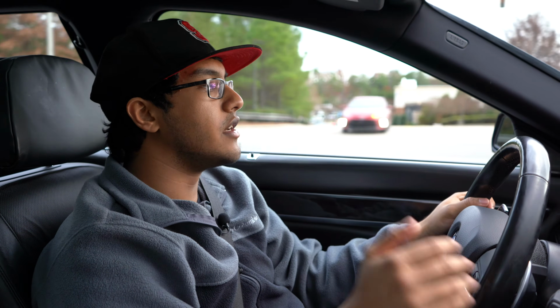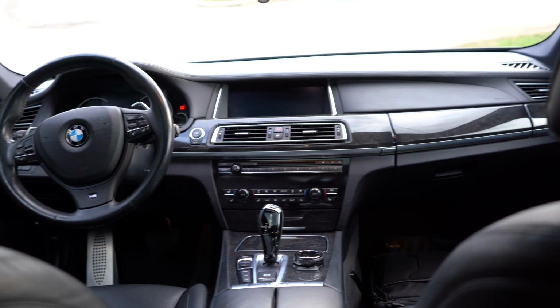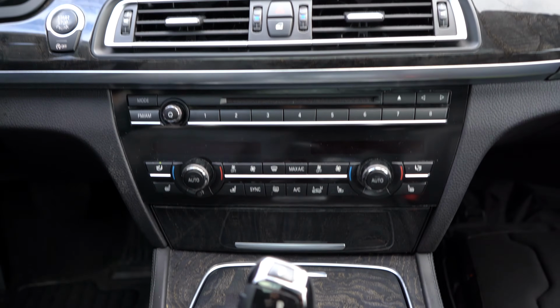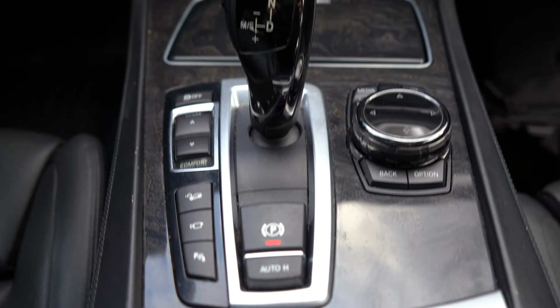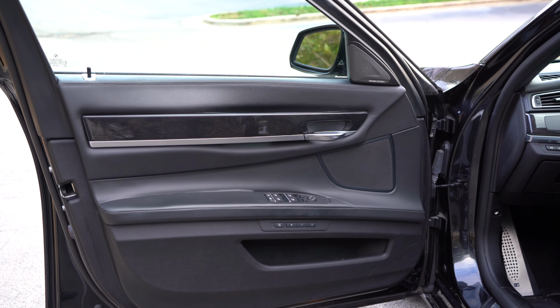Handles really well, rides good, goes really well. How about the interior? It is an executive sedan after all, so let's get into that. The interior is actually laid out very similar to how most of the other BMW products are laid out. It's very simplistic in its layout. There's not a whole lot to talk about here other than you get all your typical